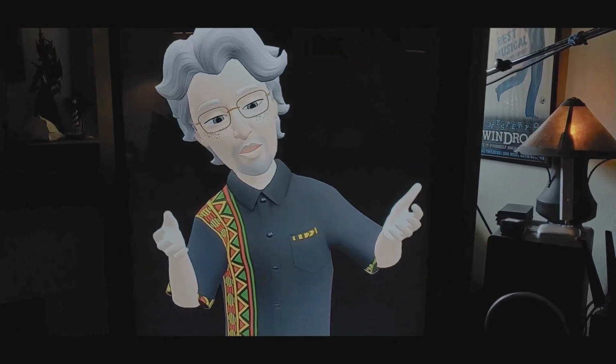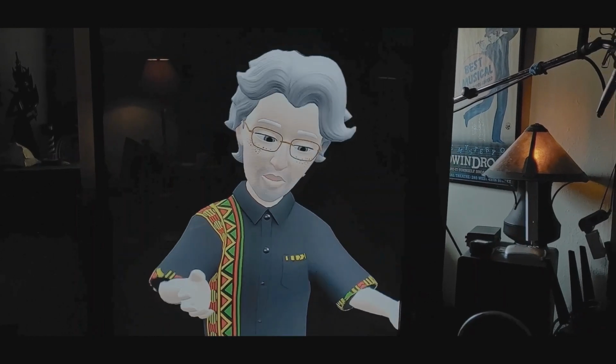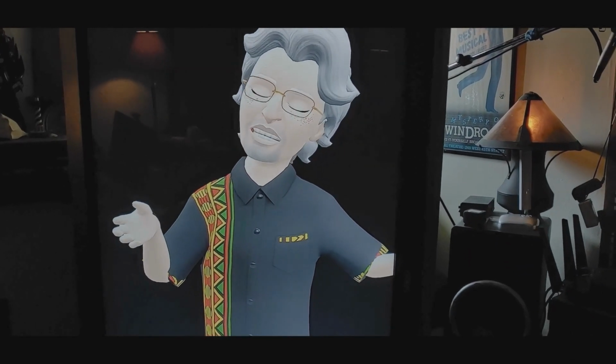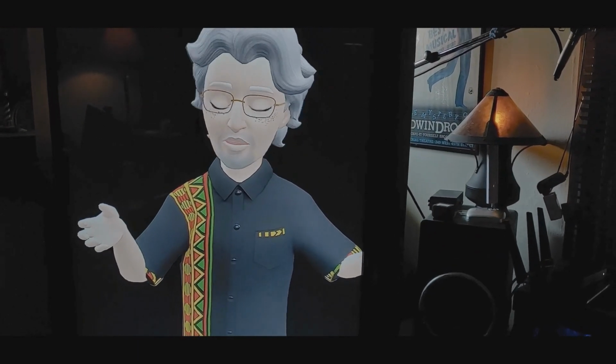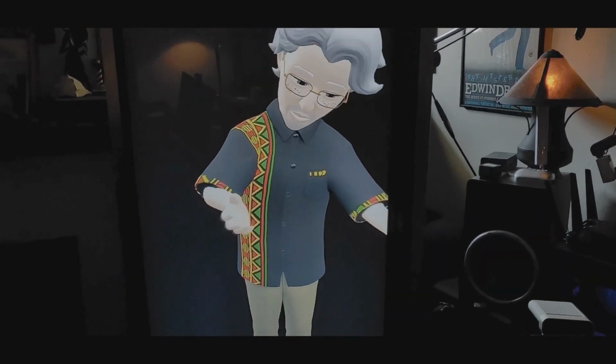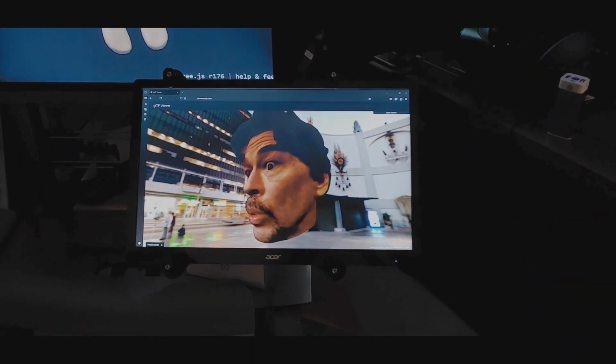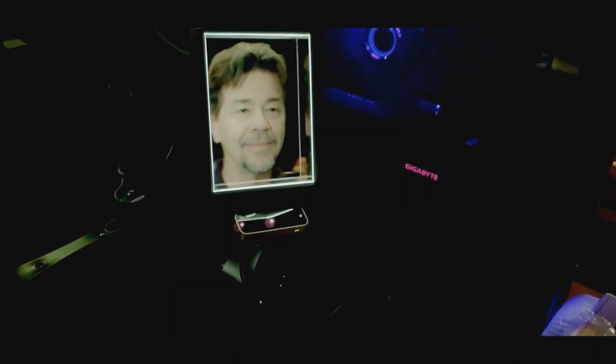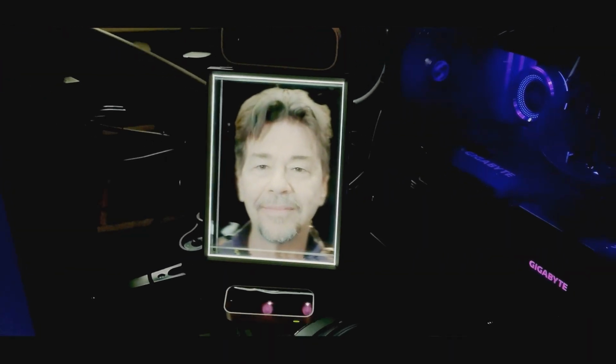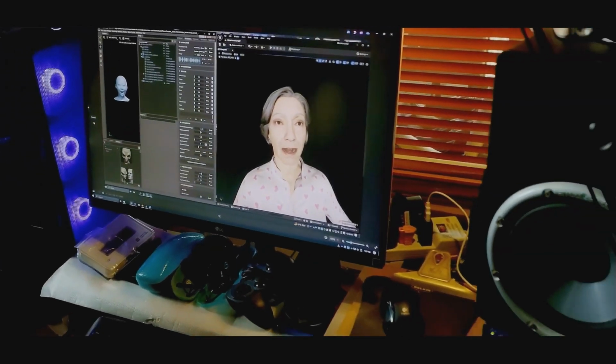Where avatars roam, their eyes are blinking, but nobody's home. They're so engaging and seemingly real, but deep down inside there, is there nothing they feel?